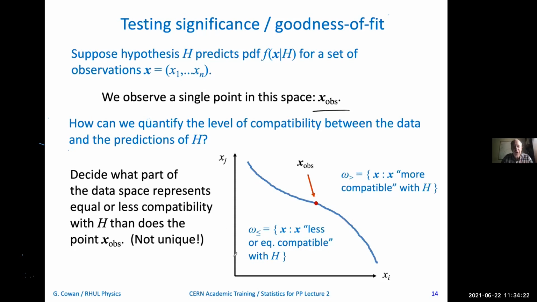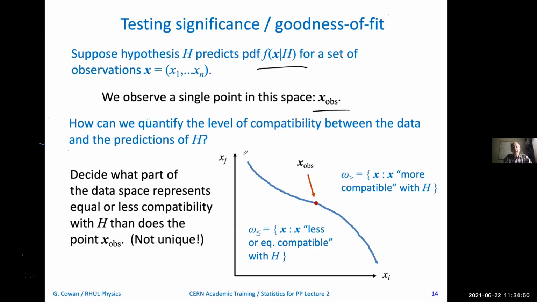Say, here's just symbolically 2 dimensions of the data space. And I observe that point right there. I want to try to come up with a number that reflects the level of compatibility between that observation and the predictions of this hypothesis. So it's not just going to be accept, reject. I want actually a numerical value. So the way to do this, or one way of doing this at least, is you come